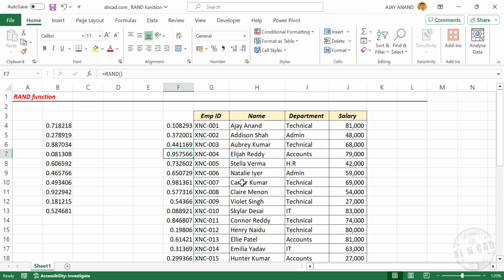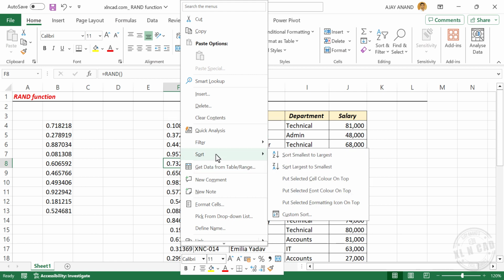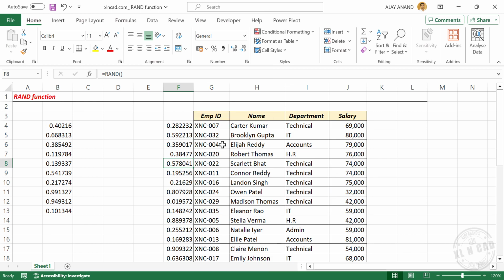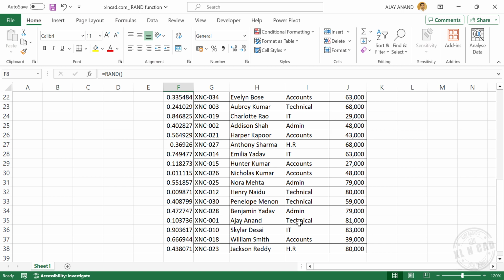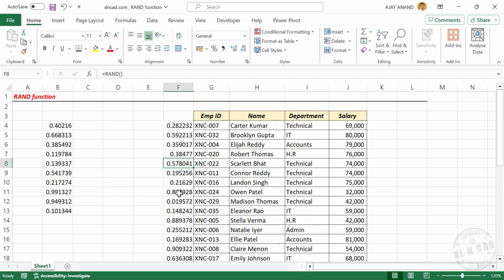Now to randomly sort this data, right click on any of these numbers, sort, select either smallest to largest or largest to smallest. The order of the records in the table changed. Again,